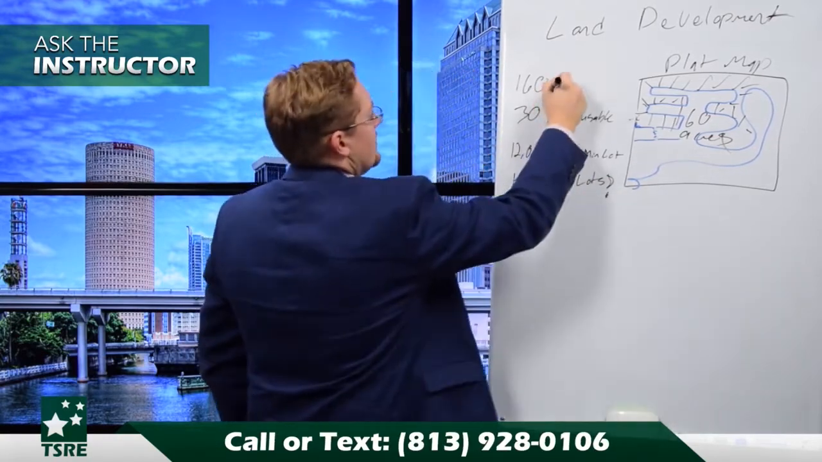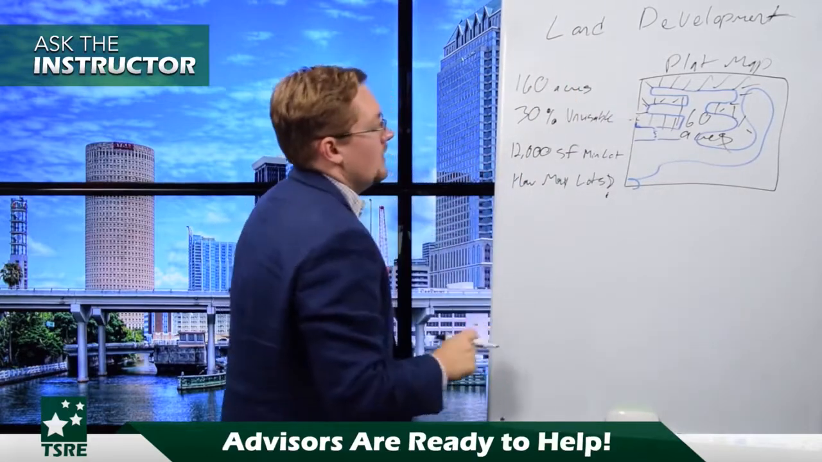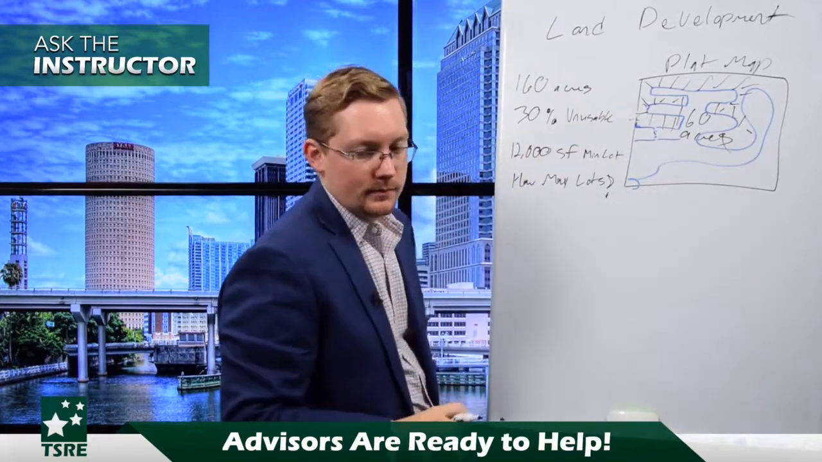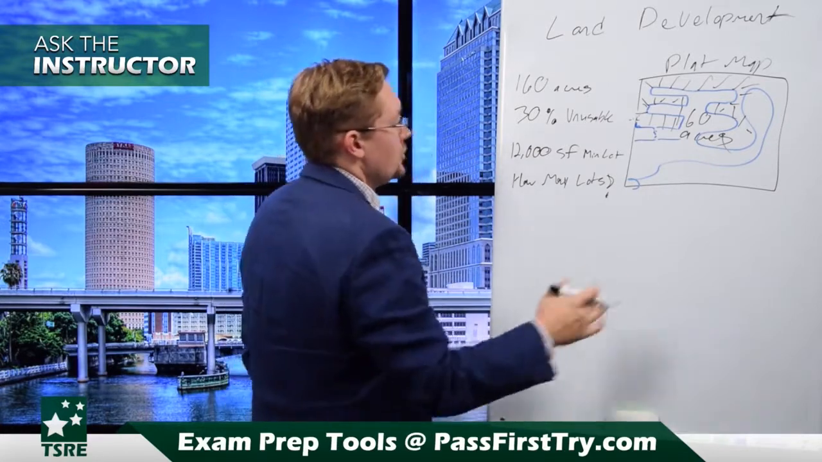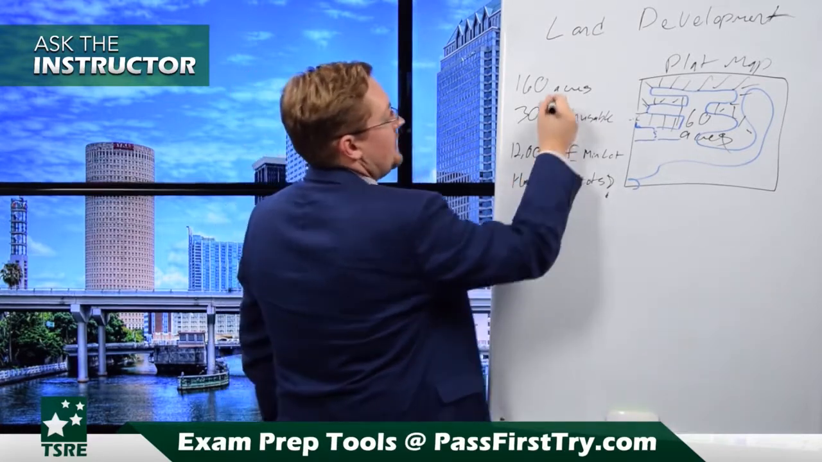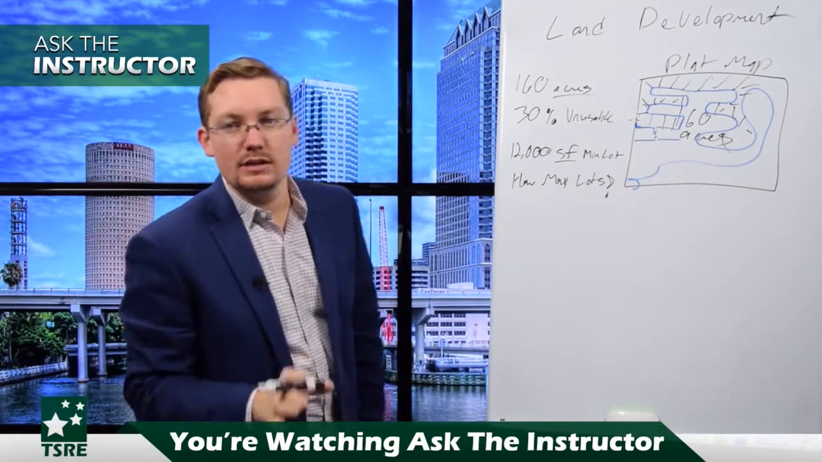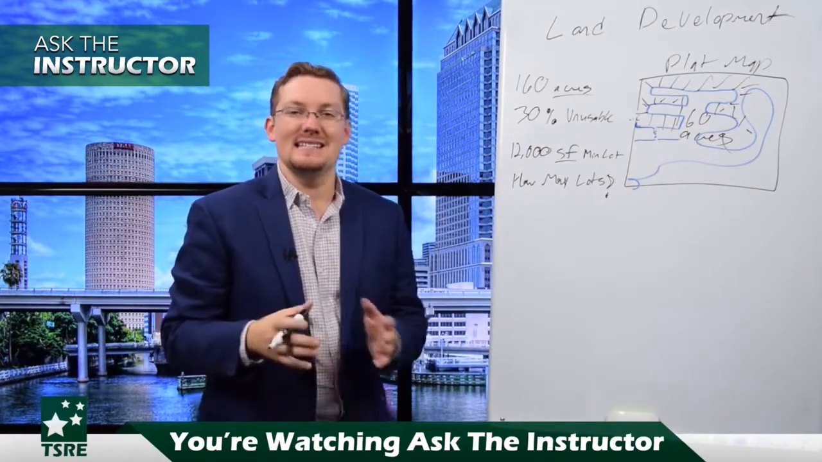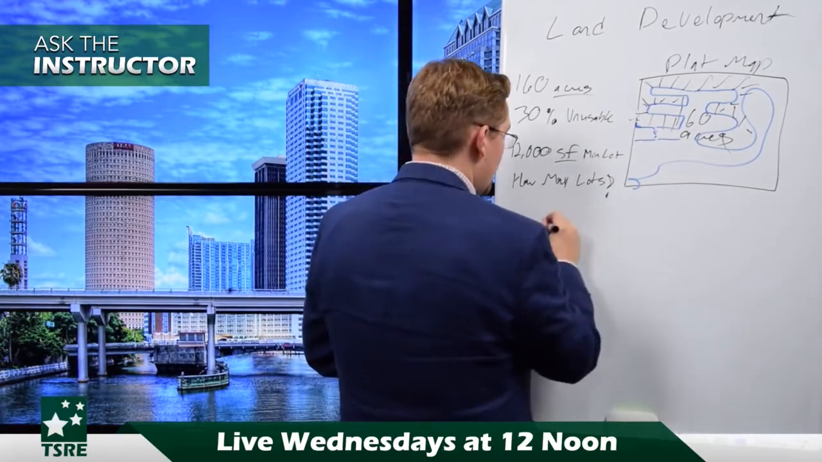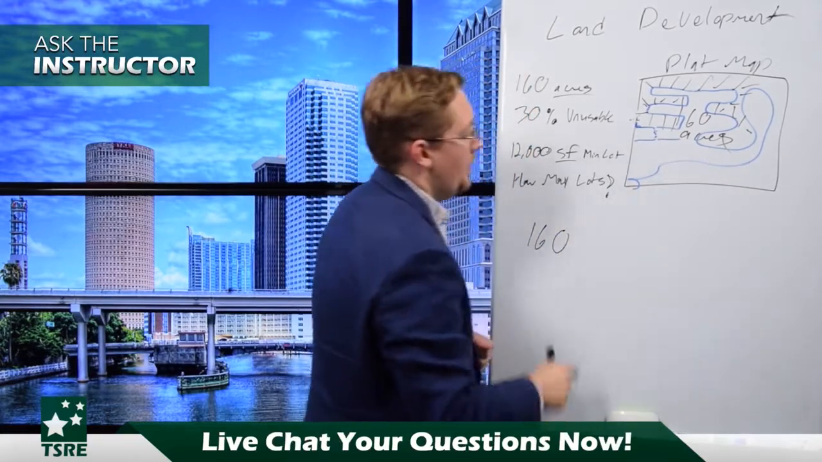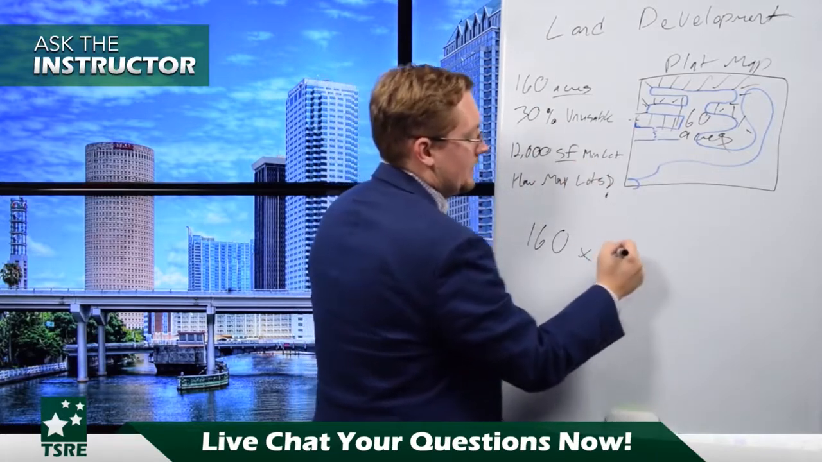So we've got our 160 acres. We've got 30% is unusable. We've got a 12,000 square foot minimum for each lot. So what we have to do first, because this is in square feet and this is in acres, we're dealing with different terms, so we have to turn that into the same unit. In order to turn acres into square feet, we've got 160 acres, and we're going to multiply that by the magic number of